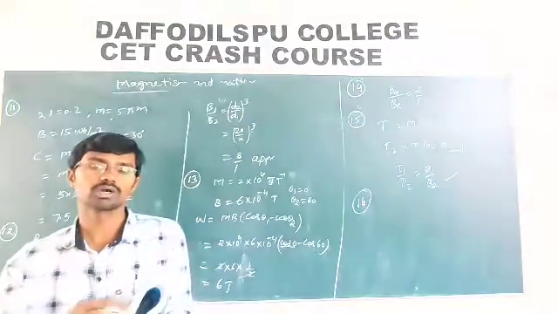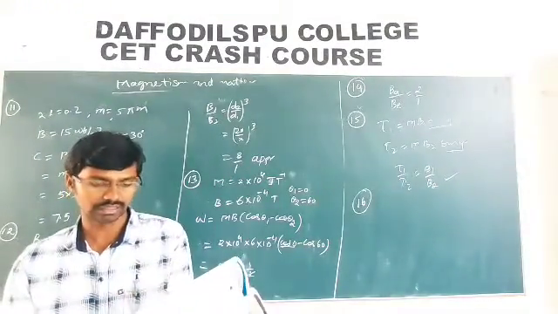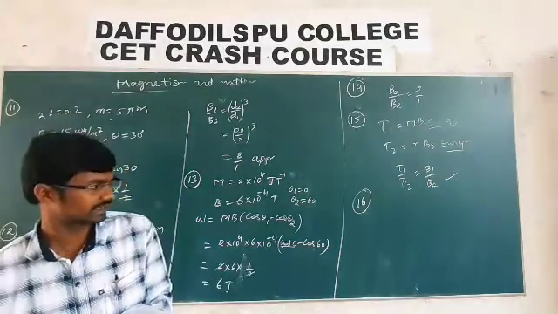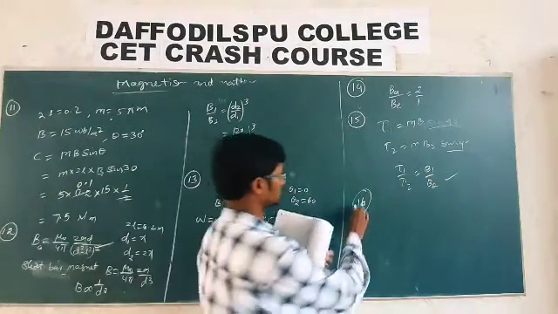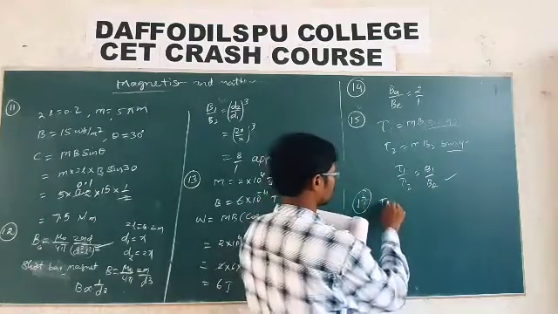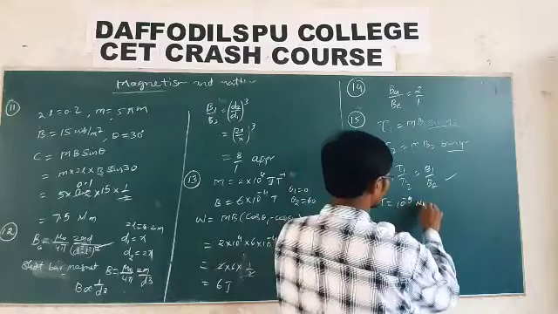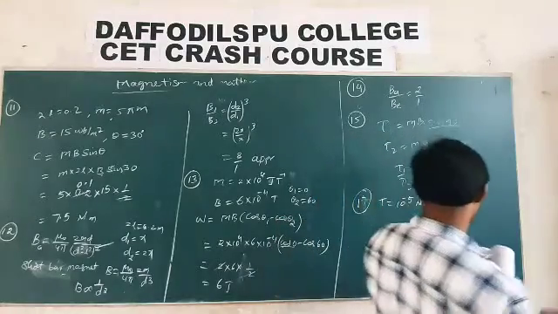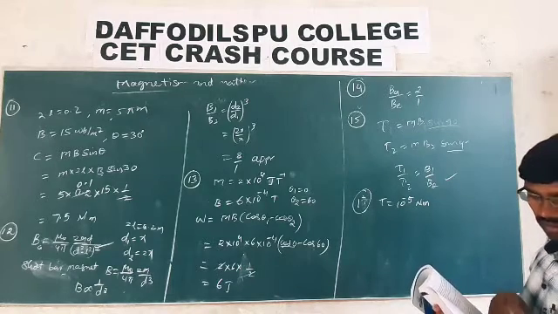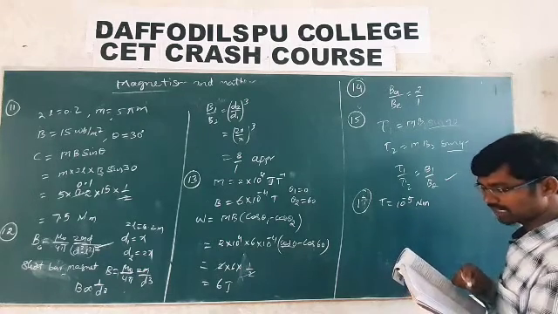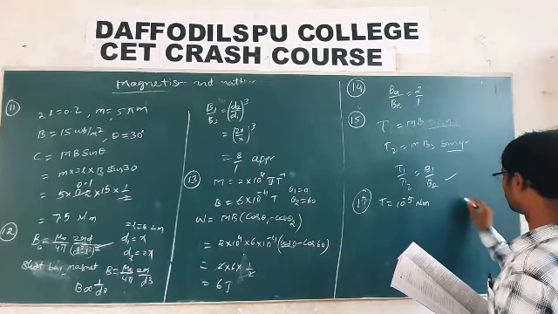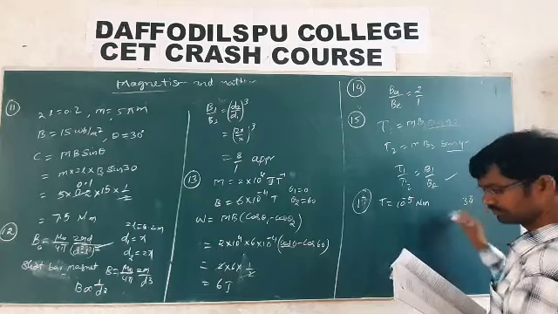This is 18. Using the same distance from the magnetic needle at two places C and D, the deflection in the deflection magnetometer, which is tangent magnetometer, was found to be 30 degrees. Theta 1 is equal to 30 degrees and theta 2 is equal to 60 degrees. The ratio of the horizontal components of Earth's magnetic field induction at these two places will be?